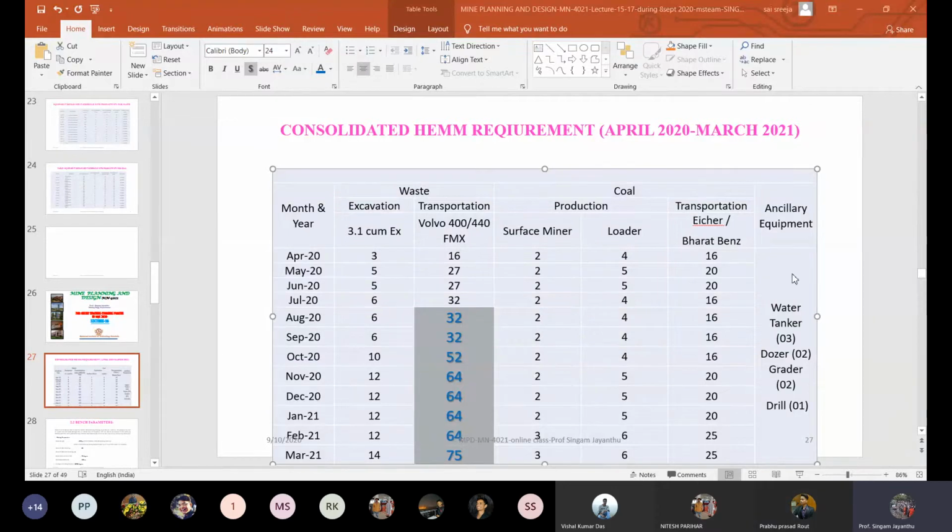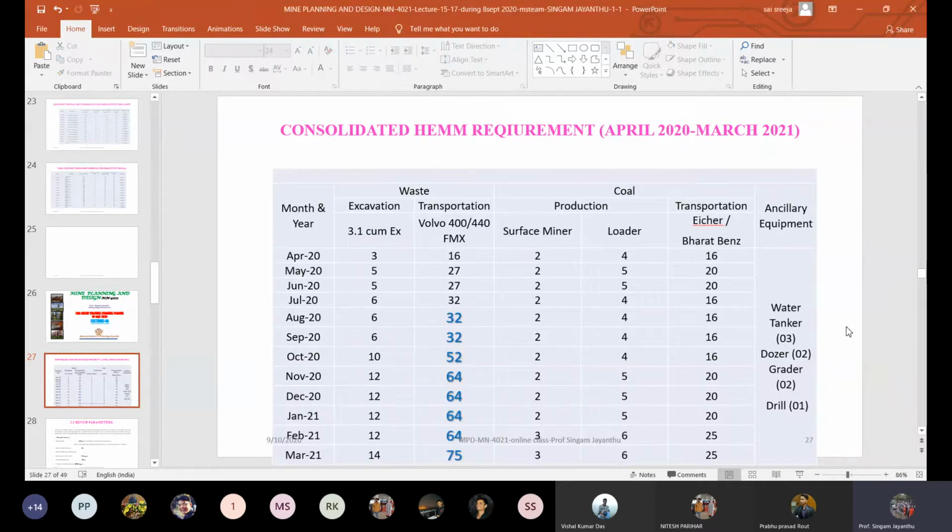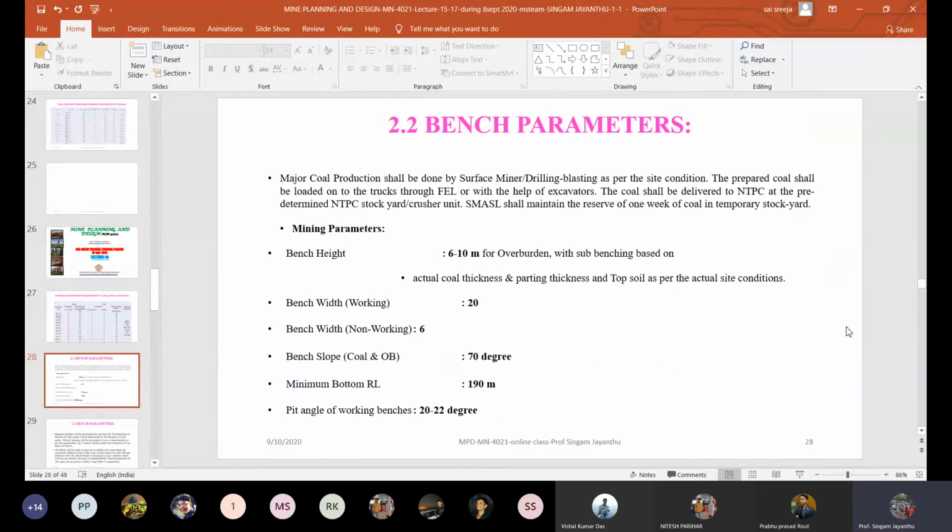So other ancillary equipment, which is additional equipment other than our only surface miner loaders and all. Here there is a grader too, and had you been in first year or second year, I would have explained all these. What is a grader, what is a dozer? You know very well. You are experts in this by this time in the final year. So you know what is the function of this. So these equipments are planned like this and then scheduled like this. This is nothing but the word we use, production scheduling, to achieve this much production. What are the requirements?